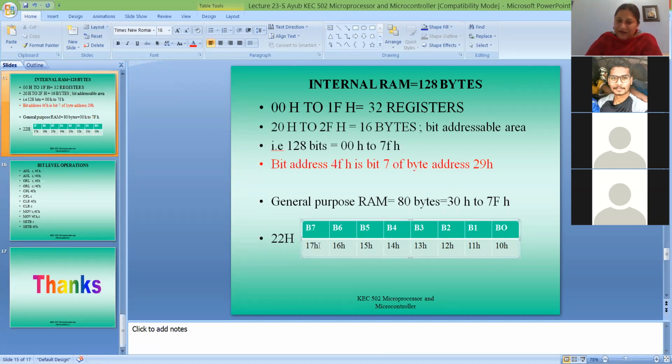Then for 24, it will be 20 to 27. Then for the next, it will be 28 to 2F, 30 to 37, 38 to 3F, 40 to 47, and 48 to 4F. So when 4F comes here, this will be your 29th memory location. If I say bit address 4F, that means it is bit 7 of the 29th memory location.